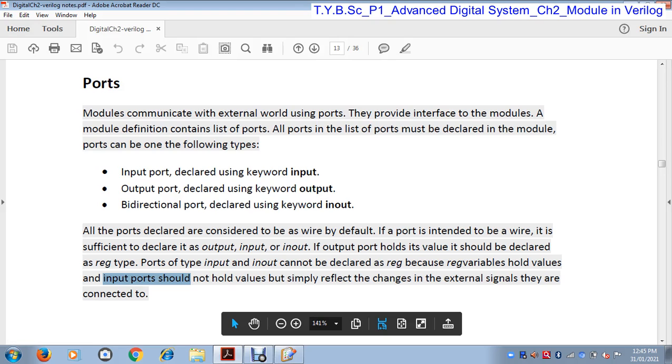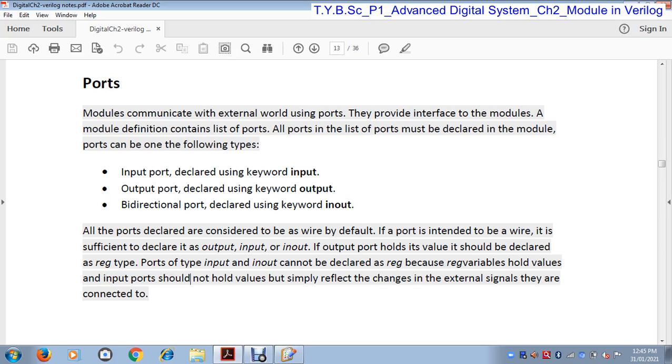Now, if an output port holds a value, it should be declared as a register data type. That means if the output port holds some value, then it is a register data type. In Verilog HDL, the register data type is considered a memory element.